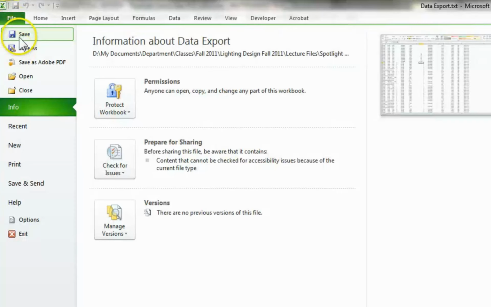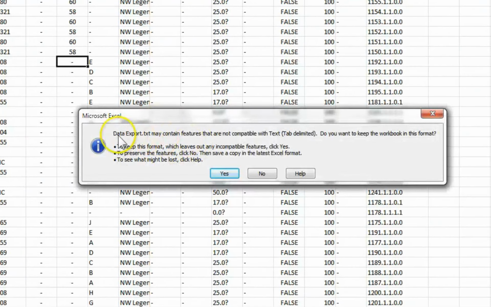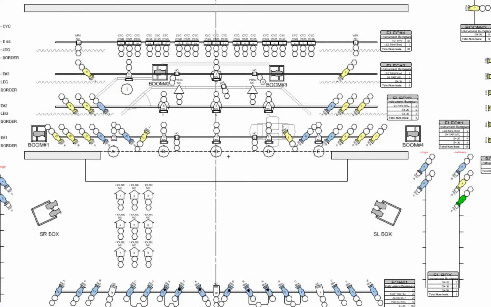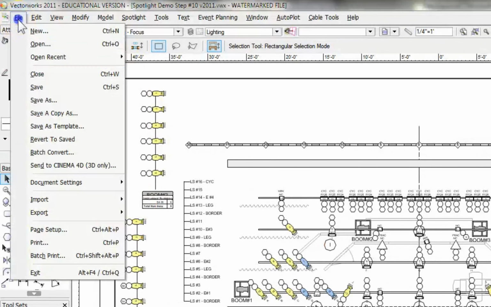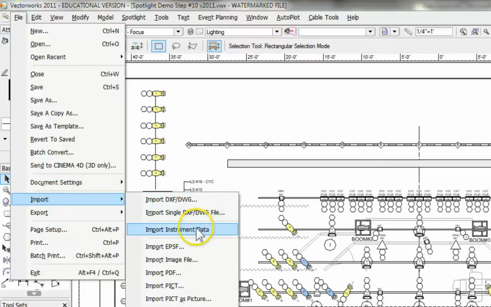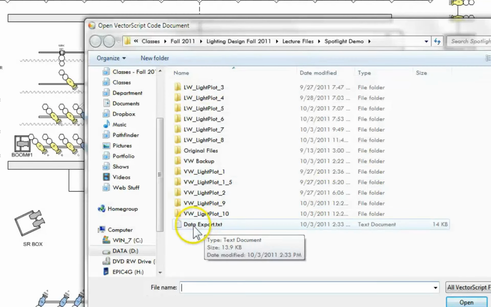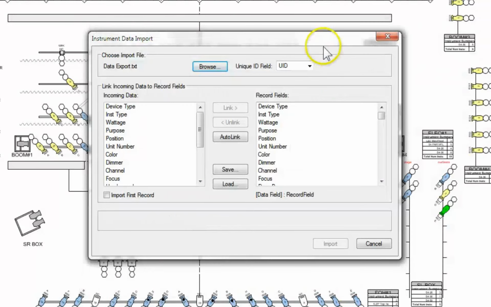So we come to File, and we're going to save. Now it says data export may contain features that are not compatible with text. Do you want to keep the workbook in this format? Yes. Now we're going to come back to Vectorworks, go to File, Import Instrument Data, and find that file one more time. Browse, here it is, Data Export, and we want to make sure in this Unique ID field that UID is selected. Then we click on Auto Link,